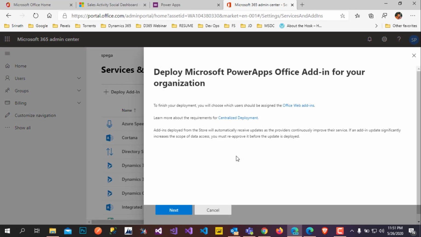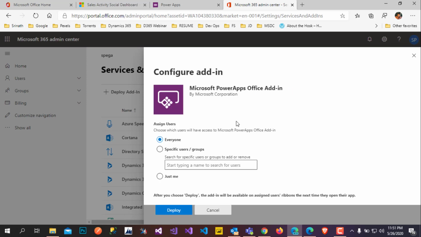It's asking to deploy the Microsoft Office add-in to your organization. I'm clicking next for the further steps. It asks to whom you want to configure this add-on. Here it's showing a couple of options. Everyone is one option: if you select this one, it will configure for whoever is a user of your Dynamics 365.